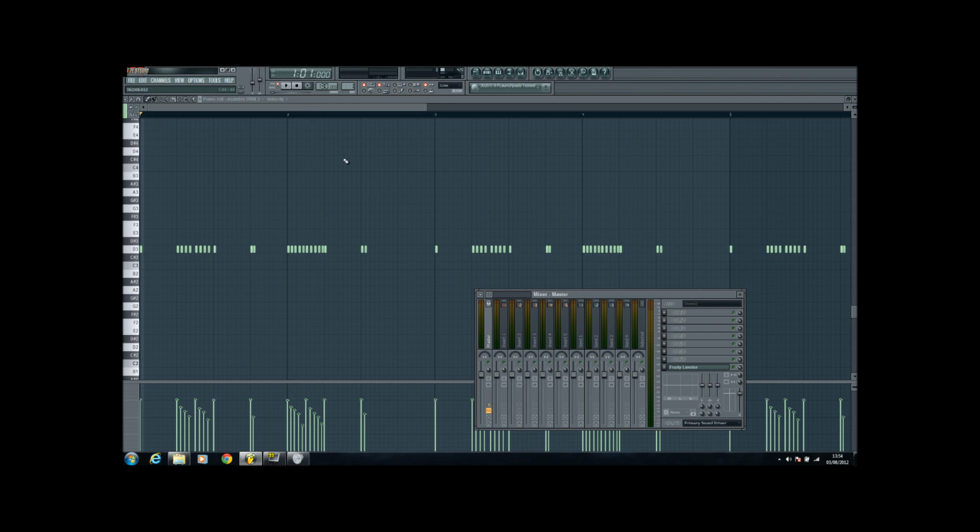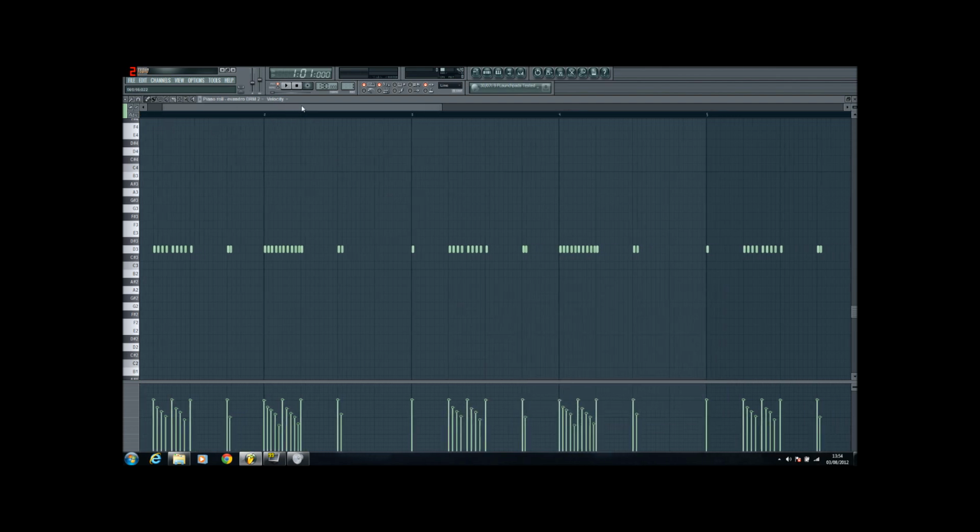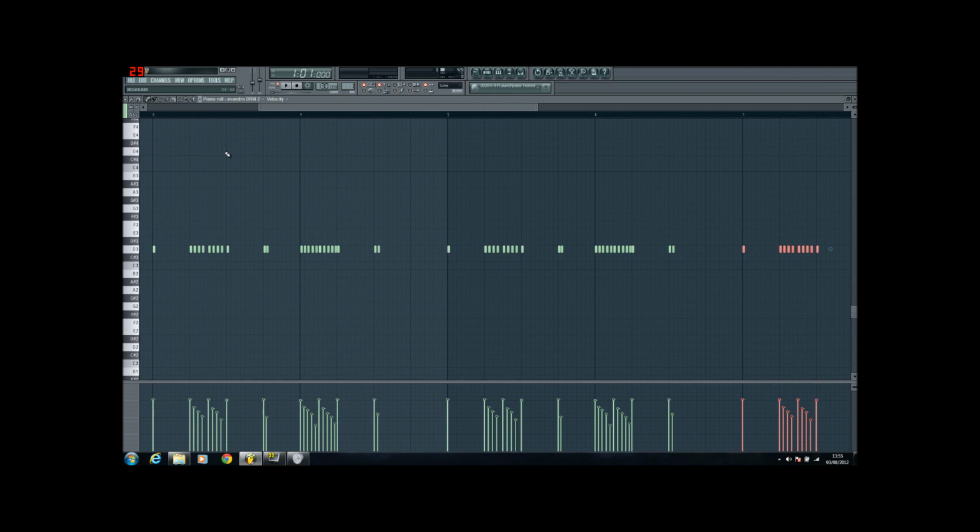Okay, we'll leave patterns 1 and 2 as we have made them. So 3 and 4, this becomes the middle now. So what I'm going to do is add an extra little roll in here. So we'll do left stick, right stick,